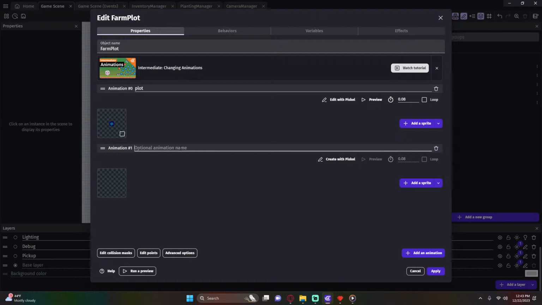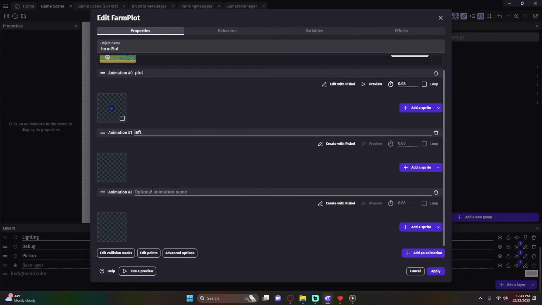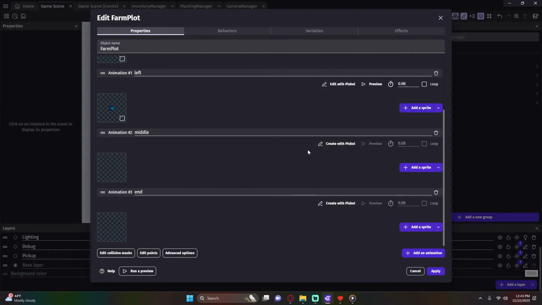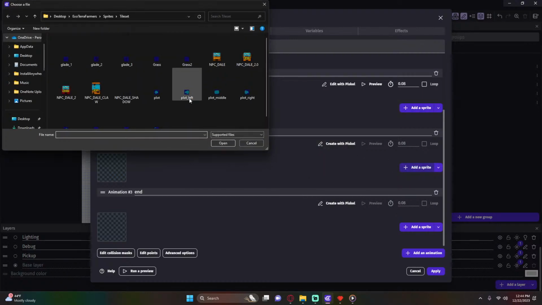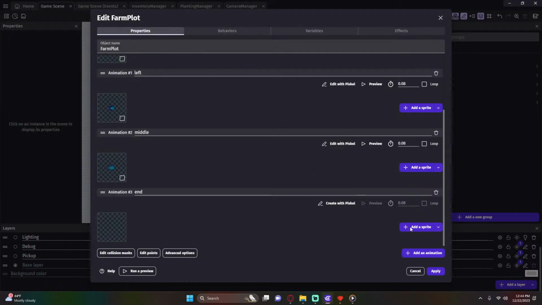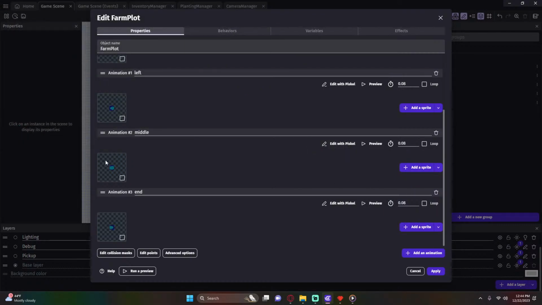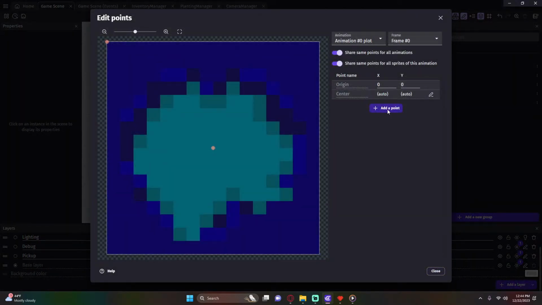And then we're going to do left, middle, and end. And each of those just need to have their respective plot pieces. Just got to add the plot pieces. And now that we have that, we need to add a plot checker. So we go to our points, and we need